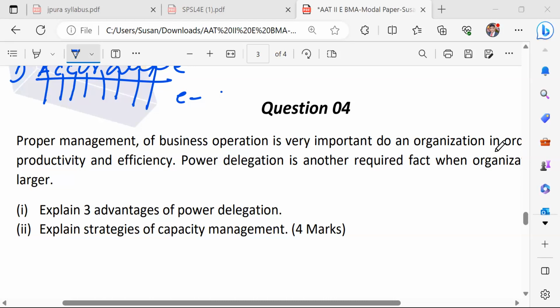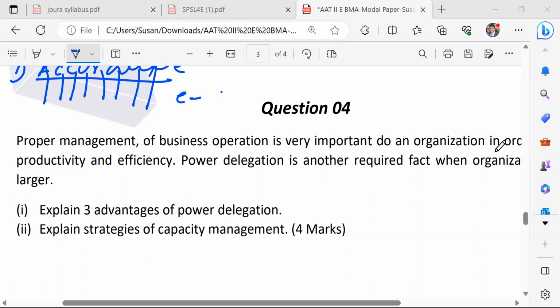Right, this is chapter 2. Chapter 2 and the subtopic, I think this is 2.2. Yes, 2.2, right? Okay, now